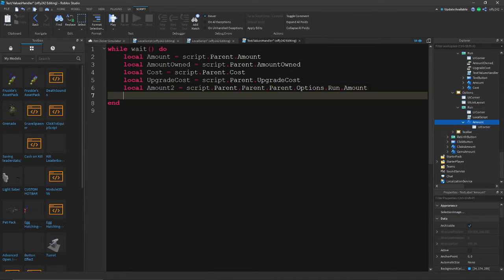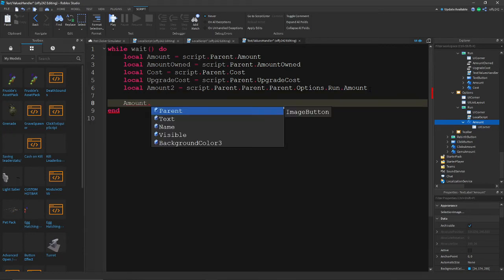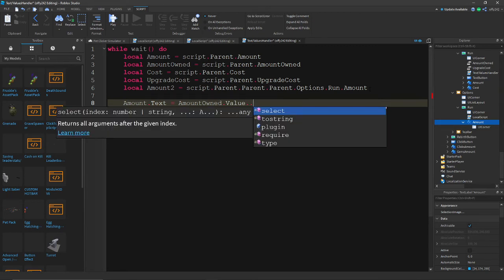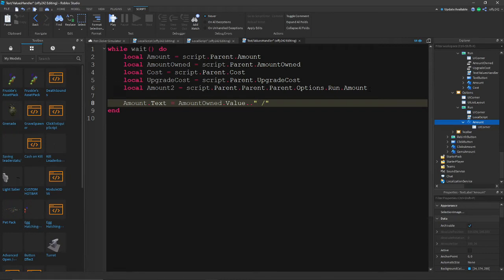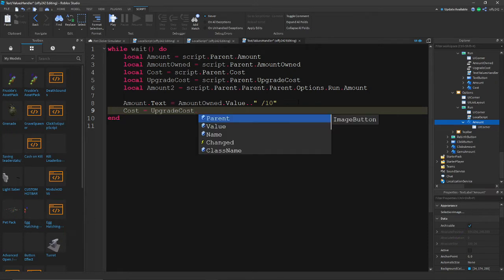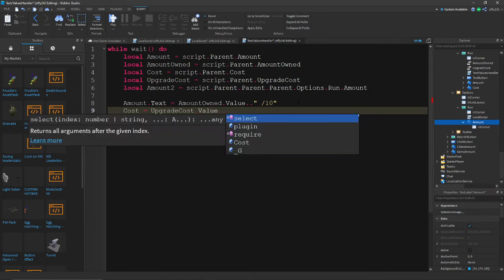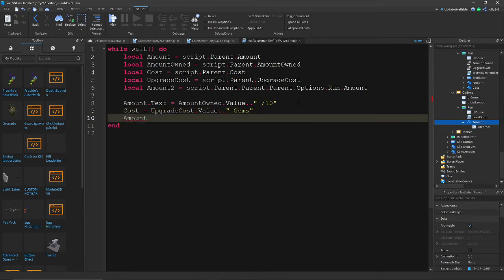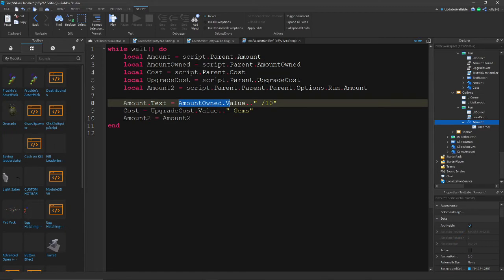And then we're gonna do amount.text equals amount owned dot value dot /10, and then cost equals upgrade cost dot value dot quotation marks space gems. And then amount 2 equals amount owned. We can just copy this,